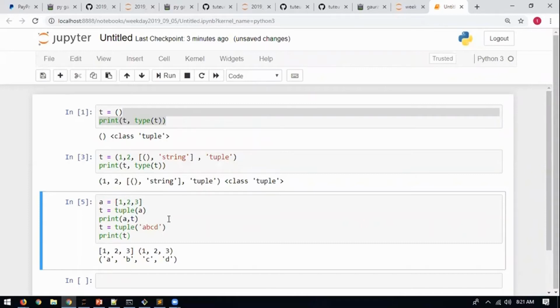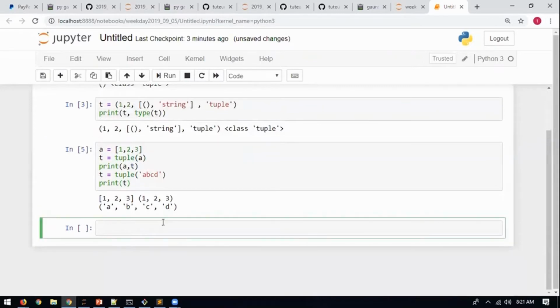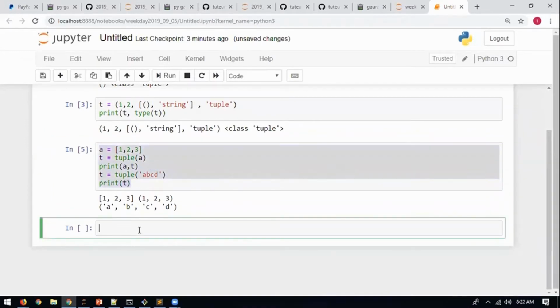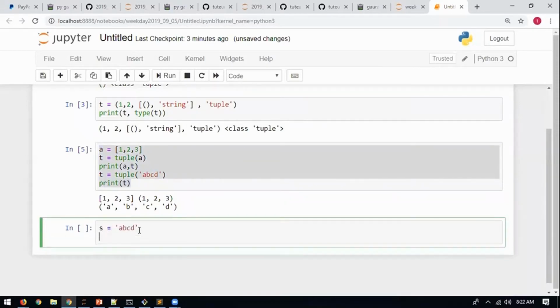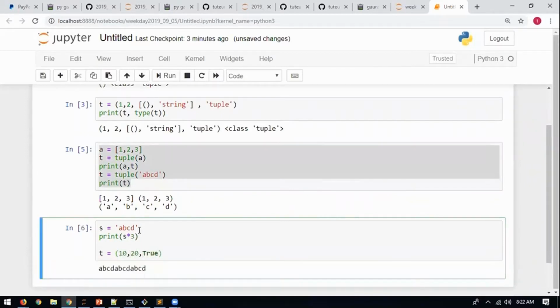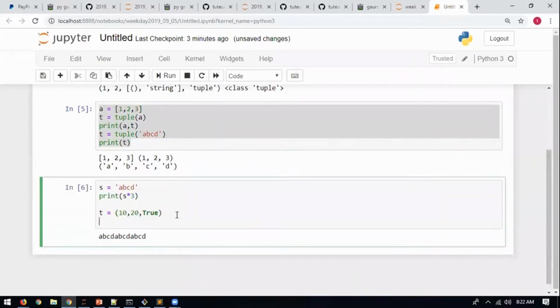Str. Okay. Sequence means ordering is there. Positional association, we can say. All right, and there is something other than positional association also. So these have positional association by indexes. What else can we do? Let's say s equals to a b c d, print s star 3. What will happen? Fine, it repeats it.